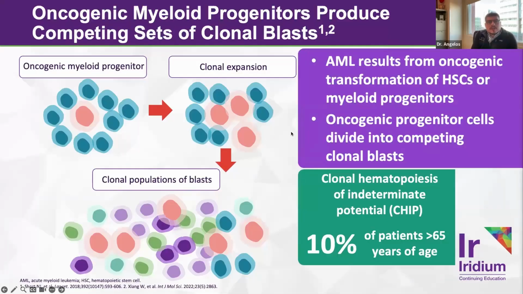So all AML here results from the oncogenic transformation of hematopoietic stem cells or multipotent myeloid progenitors. And it's important to remember here that not all mutations, when they pop up, are actually going to be causing disease. So there are conditions that are called clonal hematopoiesis of indeterminate potential, or CHIP. These are when mutations are present, but they actually don't manifest any cytopenias or any signs or symptoms of the disease. And so these people can be monitored with serial CBCs and even consideration to getting them in to see a multidisciplinary CHIP clinic for long-term follow-up.